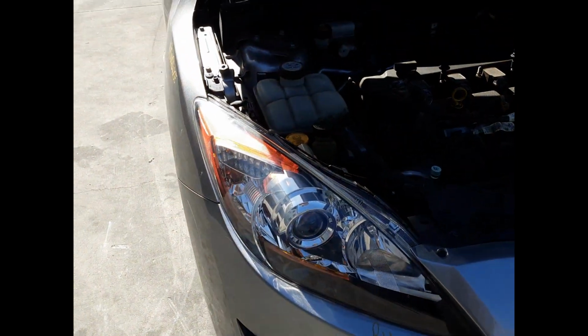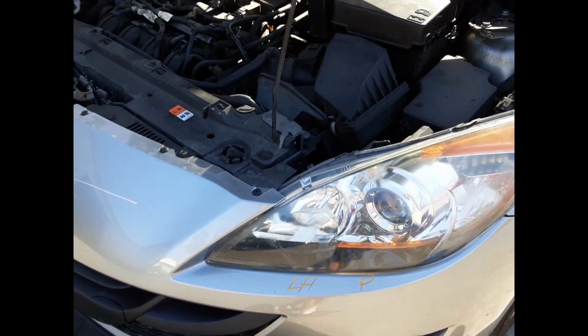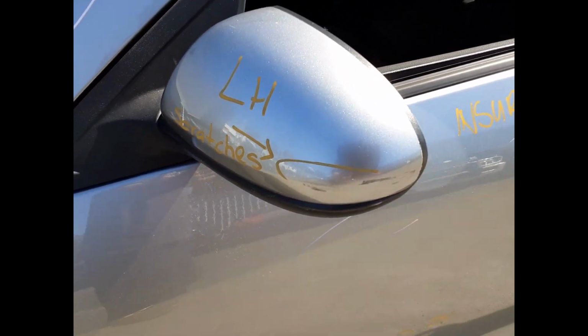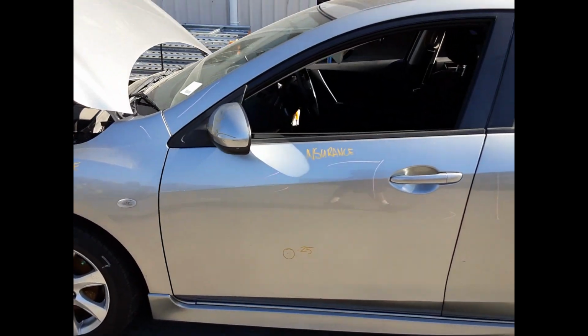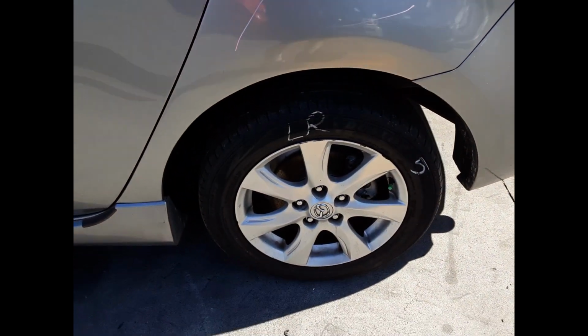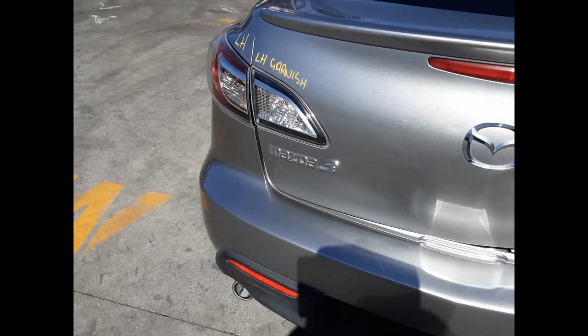We have the right-hand headlight, right-hand fog light with surround, left-hand headlight, left guard appears to have no damage, left power door mirror has some light scratches on the outside cover. Left front 16-inch factory alloy mag with a good tyre, left side skirt, left front door has one small dent, left rear door appears to have no damage, left rear 16-inch factory alloy mag with a good tyre, left tail light, left boot lid garnish,